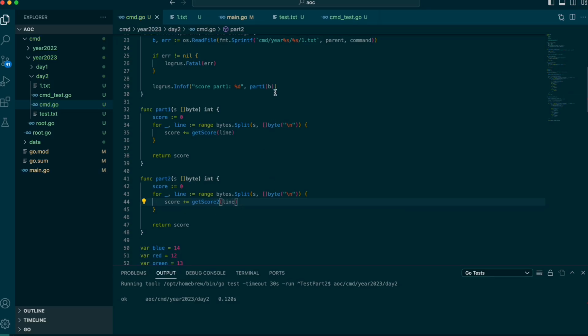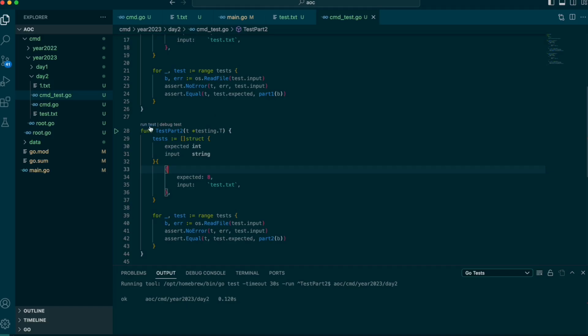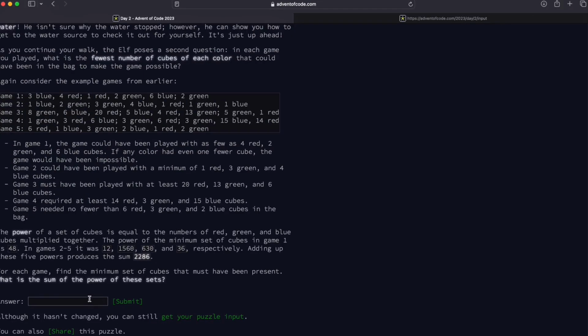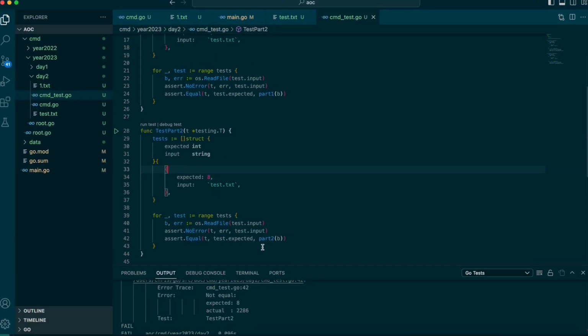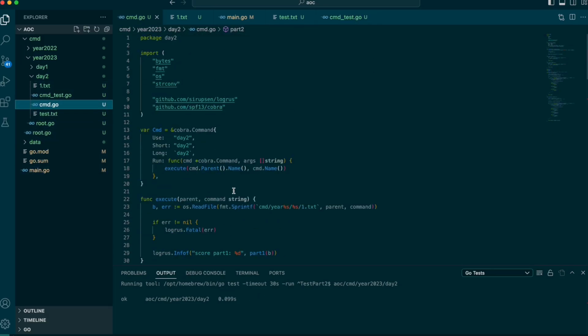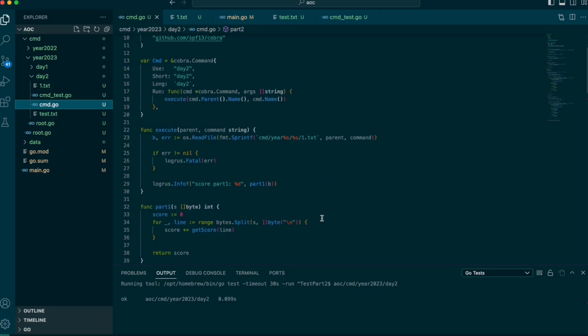Right now. All right. This should give me a wildly different score. 2286. 2286. Just so this passes. And then we will do one last thing, which is to add